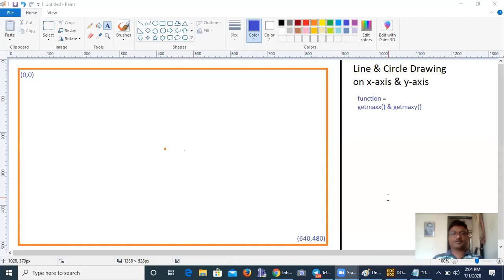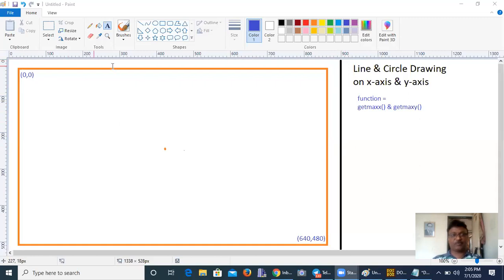So just now I have put the topic that we are going to draw the line, our line drawing algorithm that we have completed till now: DDA line drawing algorithm, Bresenham line drawing algorithm, and midpoint line drawing algorithm. Again, we have completed the circle: DDA circle, Bresenham circle, and midpoint circle. Now, here I am showing you how we are going to implement this program on axis.